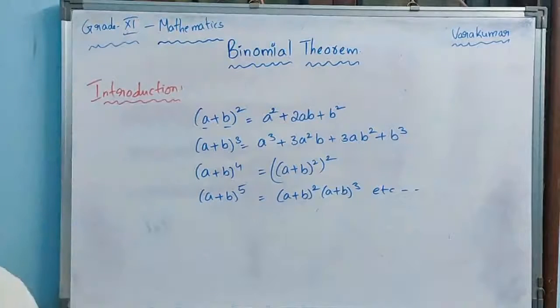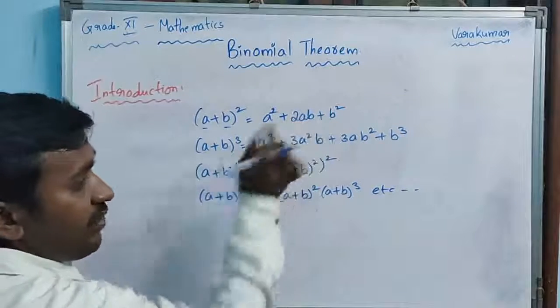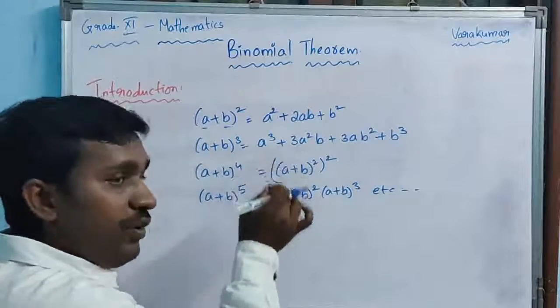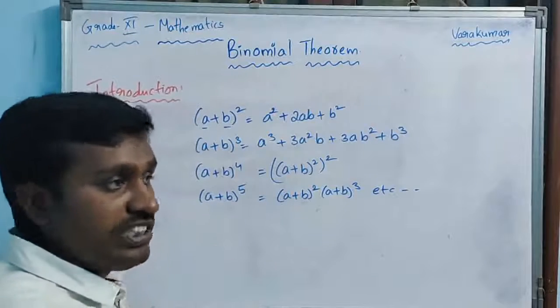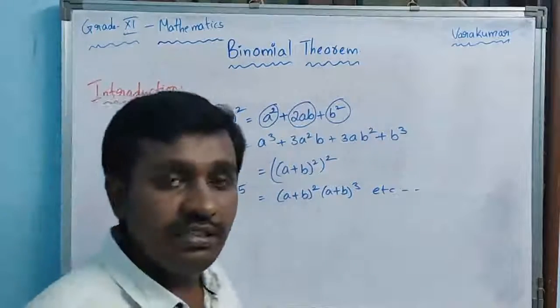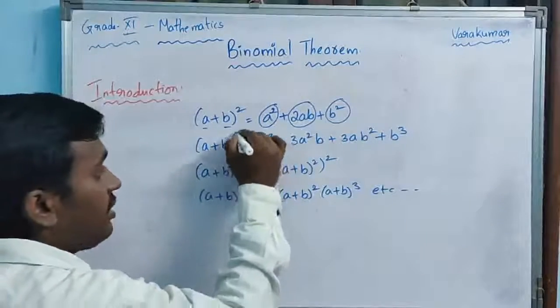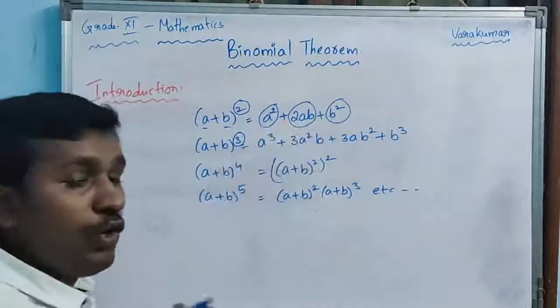Now, when you are expanding, what is a common feature? Look at the terms: a square, 2ab, b square; a cube, 3a square b, 3ab square, b cube; and if you expand power 4, a power 4 plus 4a cube b plus 6a square b square and so on. The common feature is that in every term the degree is 2 here, and here the degree is 3. What is the power? 3. Here, power 2. So based on this, I can say it is a homogeneous